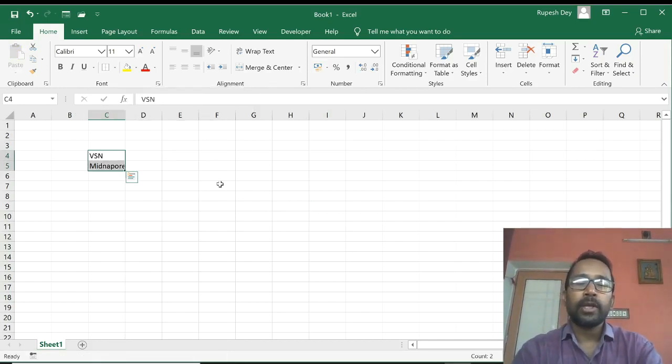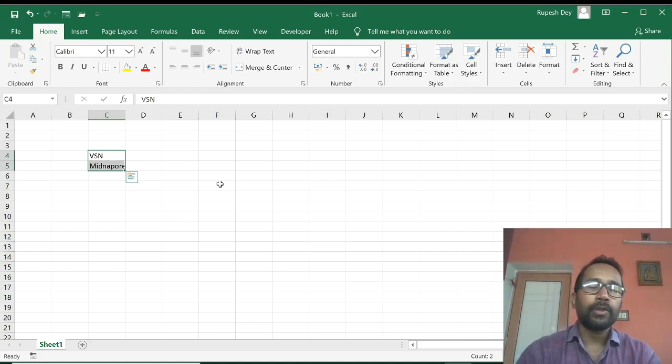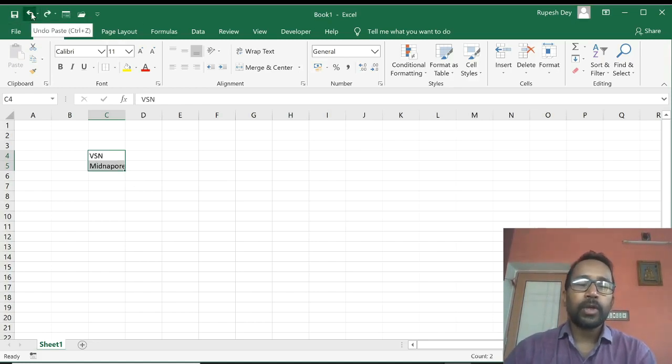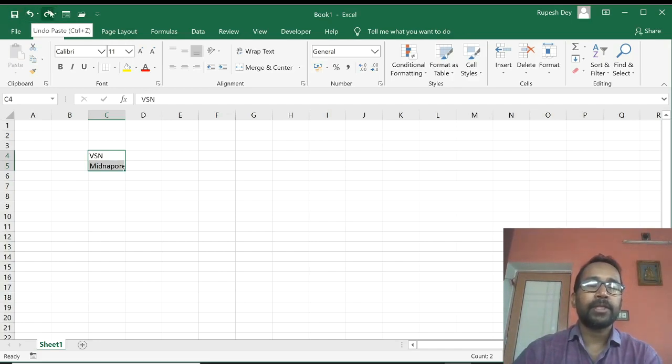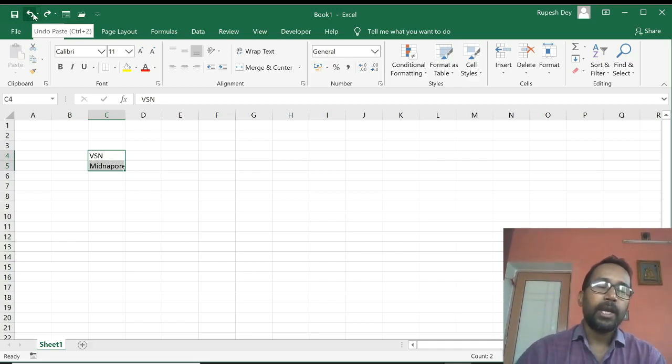Now we will see undoing and redoing. So undo and redo commands, you know. Undo is used to reverse the last action performed in any application, and redo is used to reverse the action of undo. Like if I delete this text, we can bring it back by clicking on this undo button. So these undo and redo commands are very useful. That's why they are present in this quick access toolbar to access these commands frequently. Suppose you have accidentally deleted something, you can get it back by clicking on this undo button. Several times we can click on this undo button to reverse the last few actions, and redo to reverse the action of undo. Click on that, say again, this will be deleted. Undo, this one is redo.